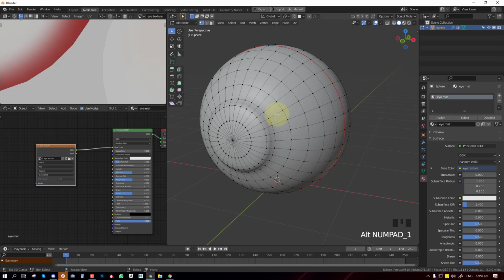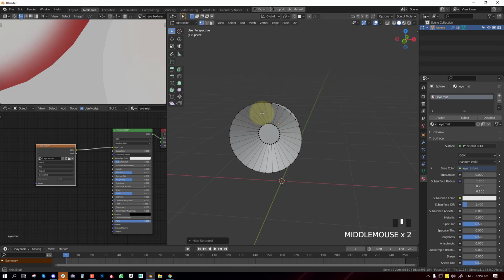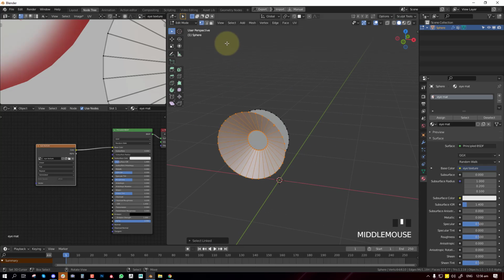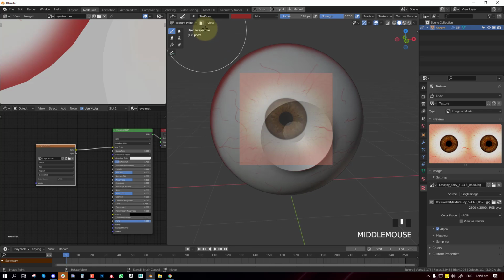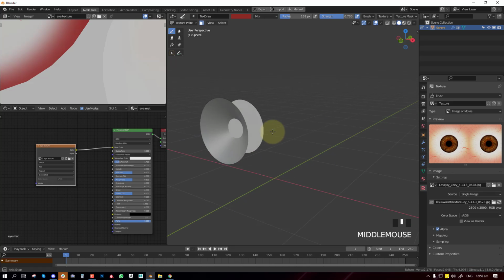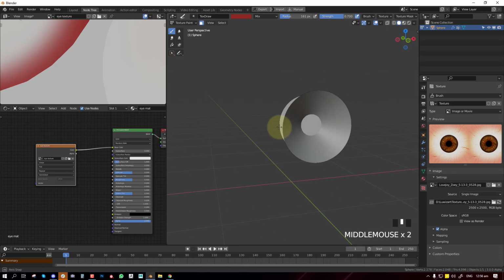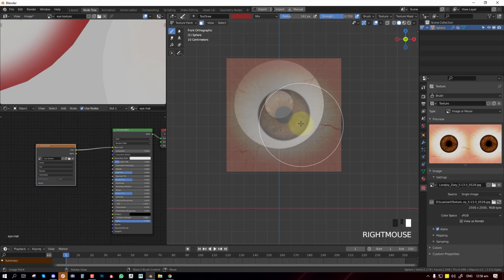To be more precise with the painting process, I'm going to hide the shell, and then select this particular mesh. Okay, and when I go to the paint mode, I will click on this. So it's just going to allow us to see what the edit mode sees, so we can be more precise with our texture painting.